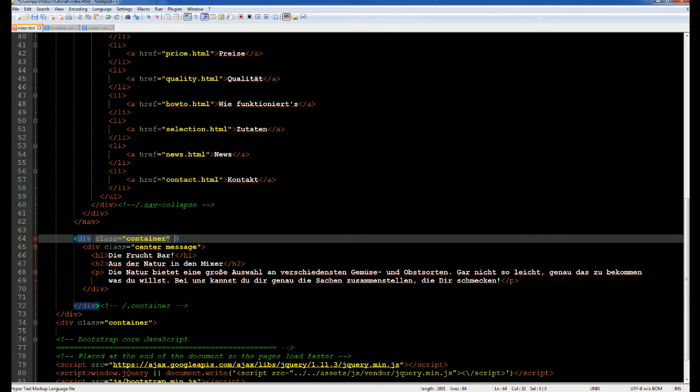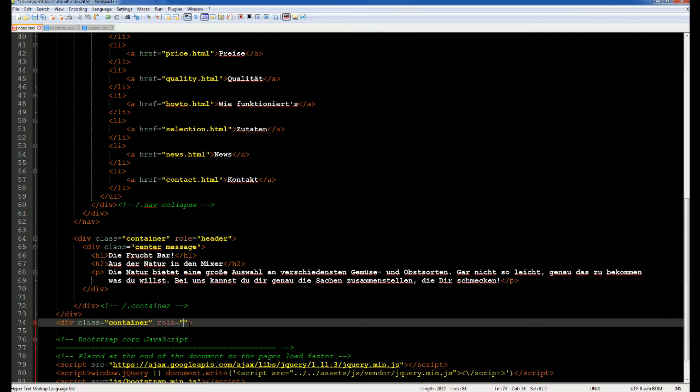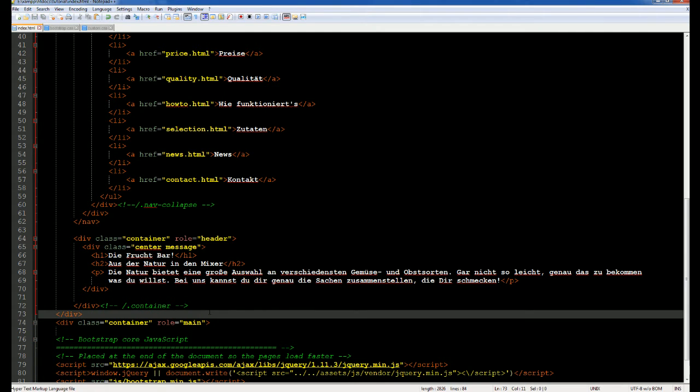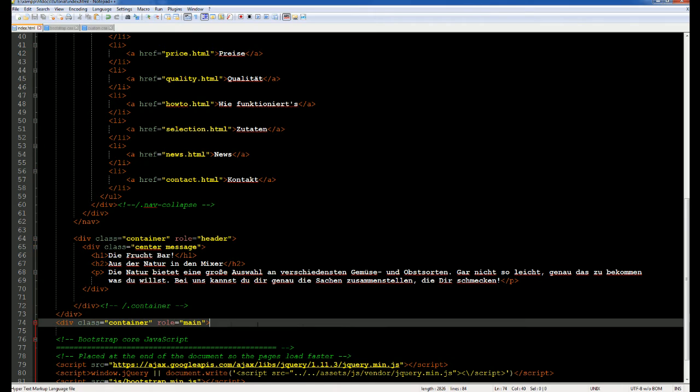So what I forgot to do is you can provide roles, meaning for example this is the header and this is the main. What does a role do? Basically it's for blind people. If a screen reader is accessing this site, it reads out the roles if they are provided, so the person has an overview: where are you now, what is shown here, what it has to do. So this is the caption, basically the header of the whole site, and this is the main content